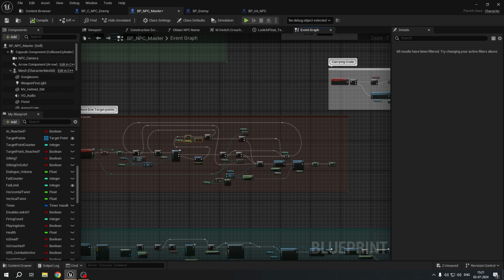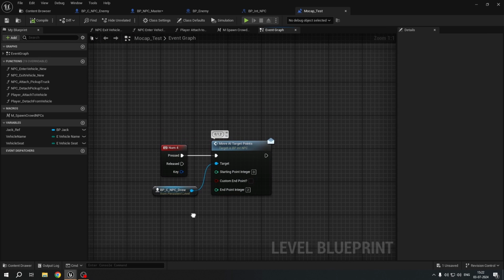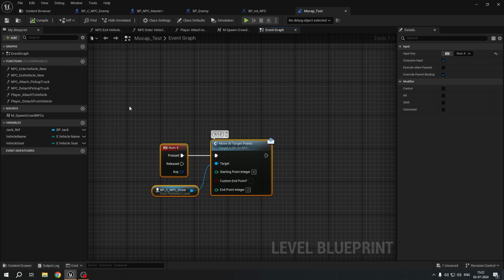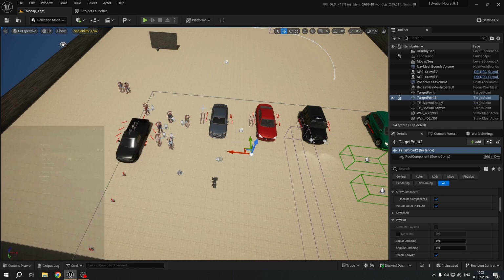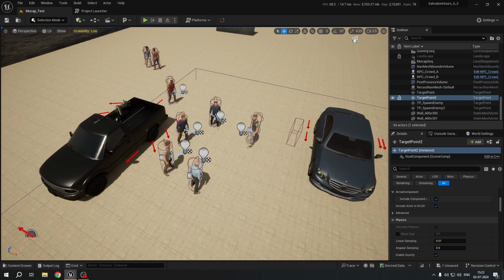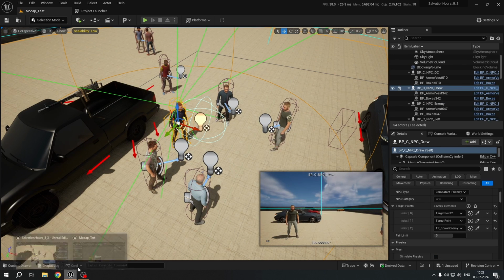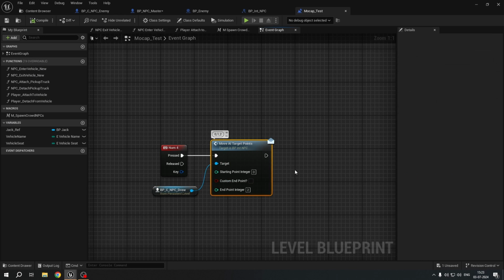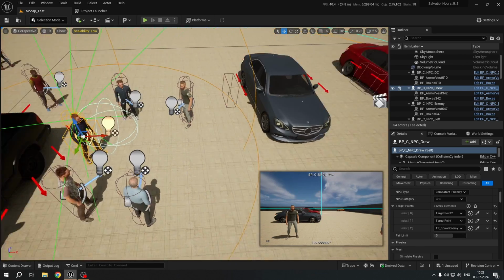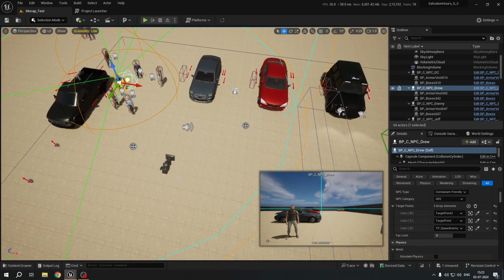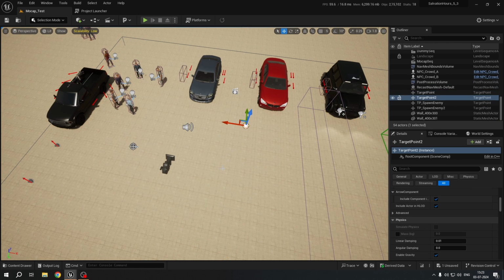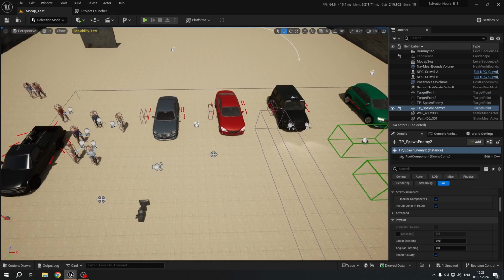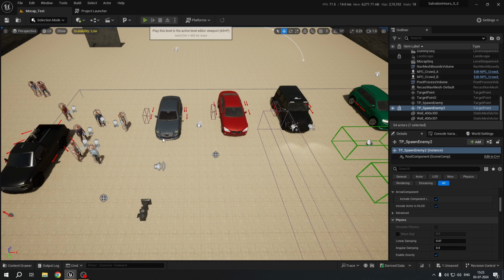Just wait. So here you can see that in the level blueprint, I've made a simple code that will be using this particular NPC, and we'll be just simply calling this function move AI target point. We are going from 0 to 2, and it's not a custom endpoint because we literally have just 3 target points, and I've moved them here, all of the target points. The first one is here, the second one is here, and the third one is here. So if I press play,